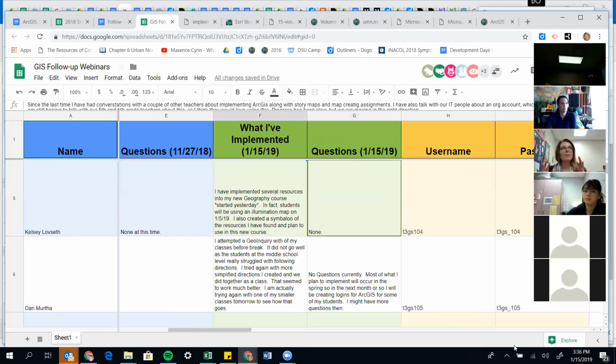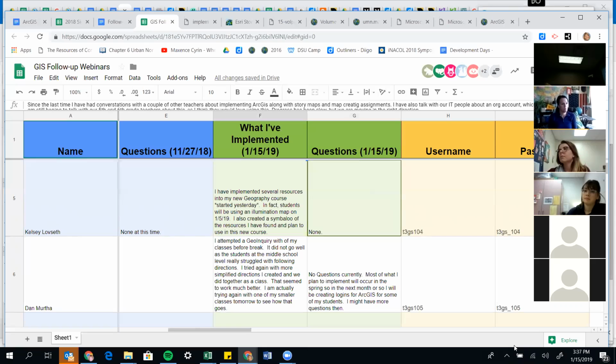Right now I have a little anxiety about making sure that the students are able to manipulate the maps as I see fit. So I think there'll be some trial and error here as we start to actually execute specifically the geo inquiries. I've done one with one class. It went really well, but I anticipate using these resources 2 to 3 times, maybe even 4 times a week. So just making sure that they work and that we don't have any technological glitches. Nice. That's exciting. And using them that much.